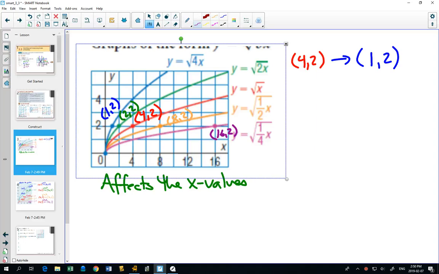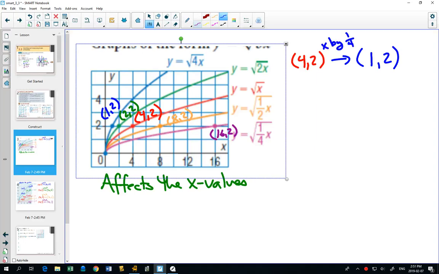Having that 4 inside the blue graph, you might want to say, oh, I'd like to multiply my x values by 4. But we're going to find out that almost everything that happens inside the function is opposite of what you would like, right? Because the plus 2, you wanted to move it 2 to the right. What did it do? It moved it 2 to the left. The 4 that we have inside the square root, you would want that to multiply your x values by 4. Instead, we always multiply